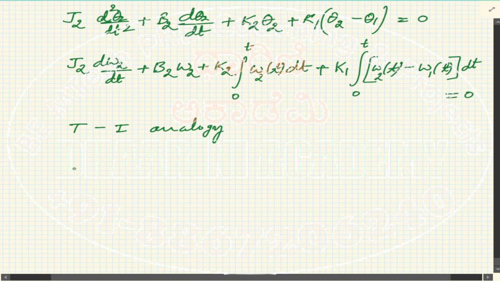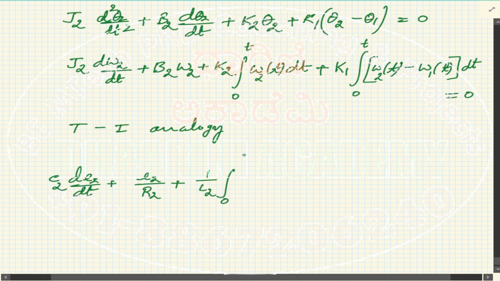J is a C, so this is C2 dE2 by dt, plus omega 2 is E2, B2 is resistance, so 1 by resistance, plus, that's an equation for current, so K2 becomes 1 by L2